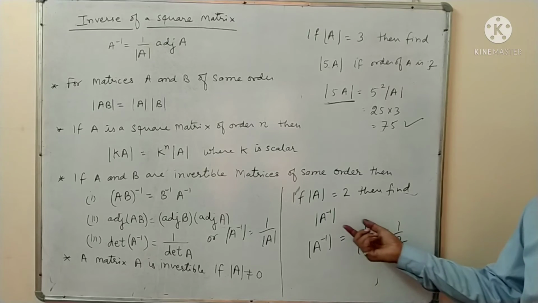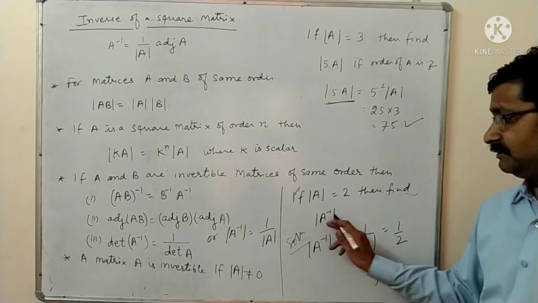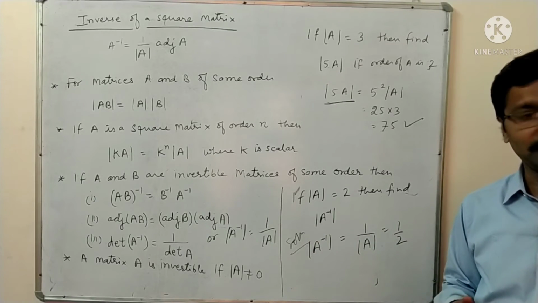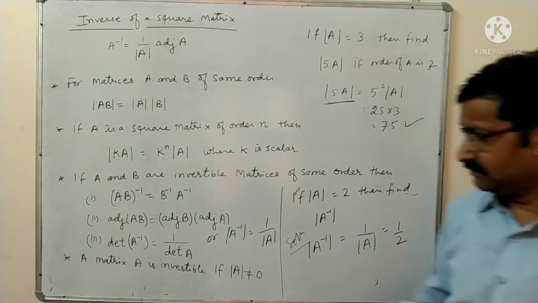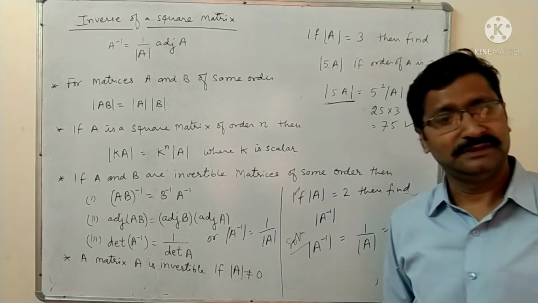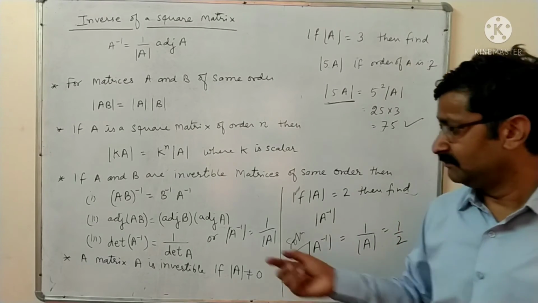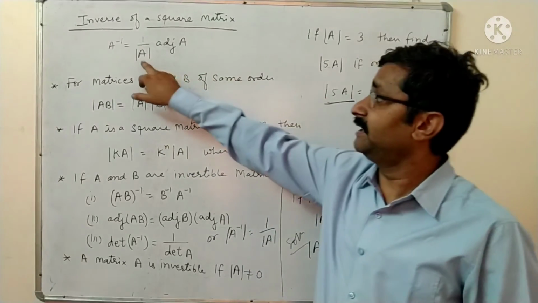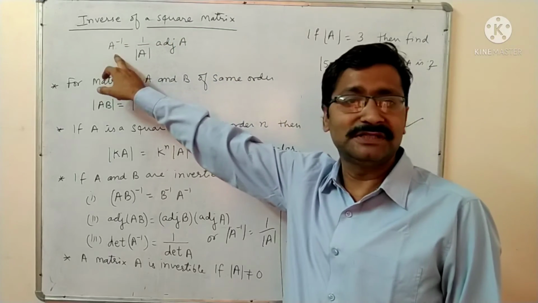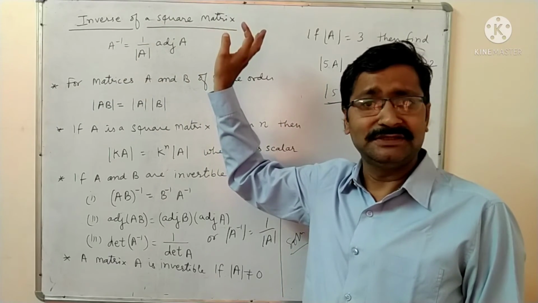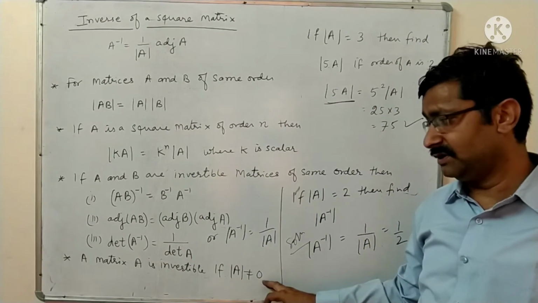Okay, so we need not find A inverse. Otherwise, if you do not know this formula, what happens is you will first have to find A inverse. If any question is given, you cannot find A inverse here because this is given, so you can write it directly. Now, a matrix A is invertible when it is a non-singular matrix. Why? Because if the determinant is 0, then this will be infinity, and infinity means A inverse is not defined. So the determinant of A must not be equal to 0, then only it is invertible.